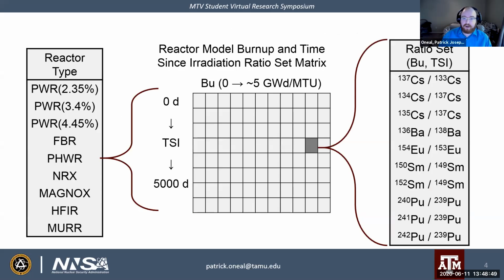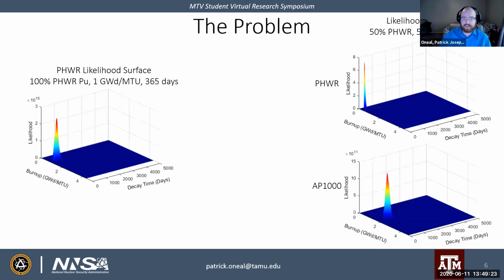So this is just to help visualize all of the different things that go into this methodology. We have all these different reactor types, and then for each reactor type, we generate a matrix of burnup and time since irradiation for all of these ratios. So this is quickly evolving from a nuclear engineering problem to a statistical analysis problem, and how do you handle the data, and with that many data points at your disposal, what is the best way to meaningfully gain conclusions? So a visualization of this problem,